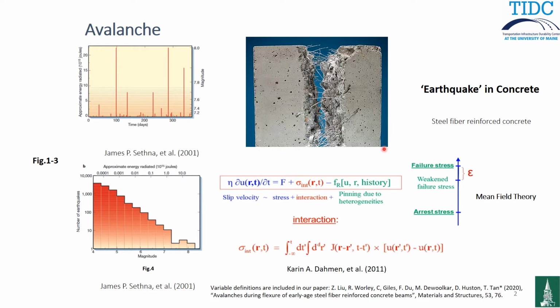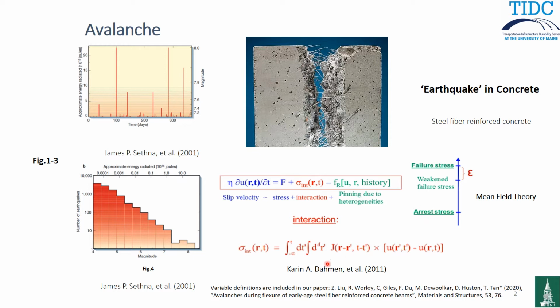So the interesting question here is, when we load a fiber reinforced concrete, for example steel fiber reinforced concrete, we know that the steel fiber helps to increase the ductility of the composite, but is the huge amount of variation linked to this loading process also similar to the avalanche mechanism? This is an interesting and important question because when we load fiber reinforced concrete structures, if we are able to quantify or at least measure how this evolved damage goes over time, then it will be helpful for us to measure the long-term durability of transportation infrastructures.